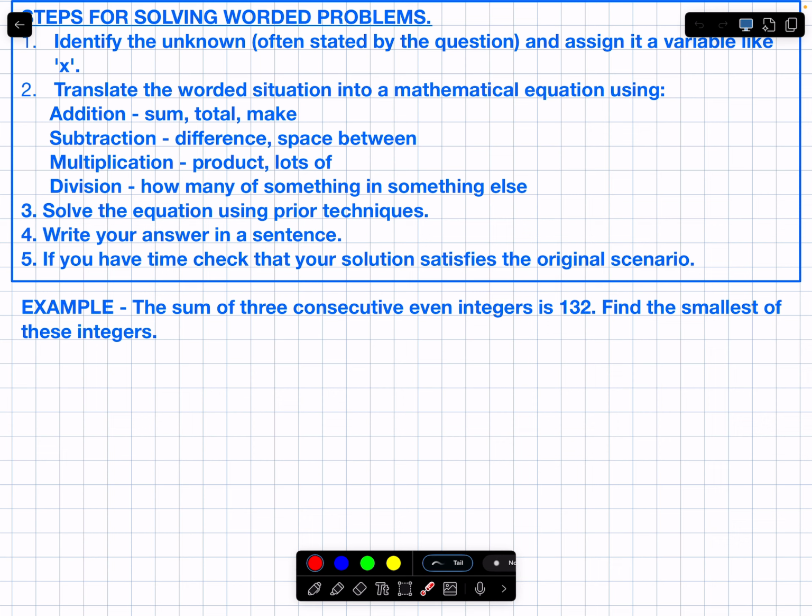The sum of 3 consecutive even integers is 132. Find the smallest of the integers. Is this a situation where the question tells you what the variable should be? Is it asking you to find the smallest of the integers? That's what you should make x. So how do we proceed to work that out? I will decide x equals the smallest